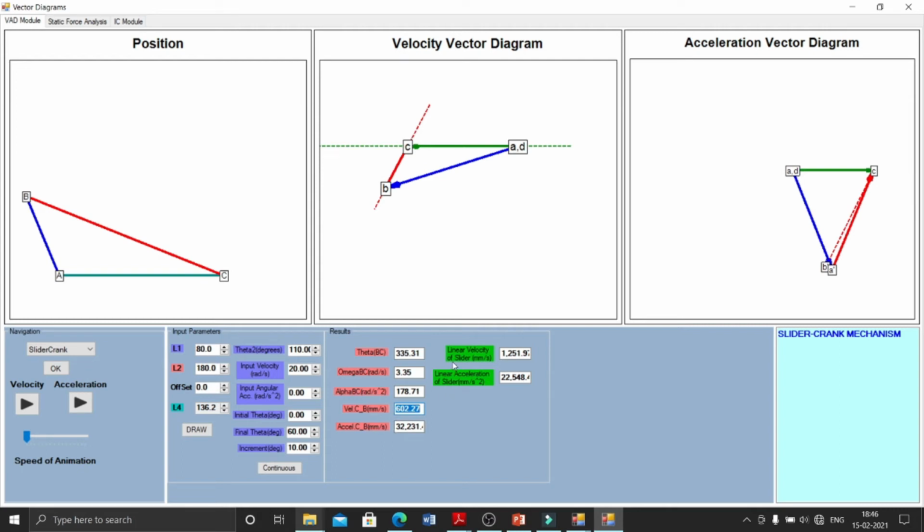Again, if you want to see the linear velocity of the slider, it is 1251.97 mm per second, and the acceleration is 22548.4 rad per second square. In this way you can find the results.